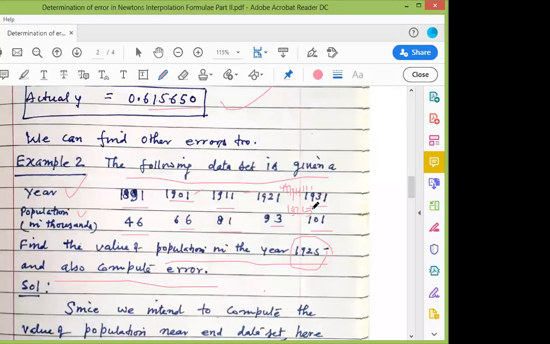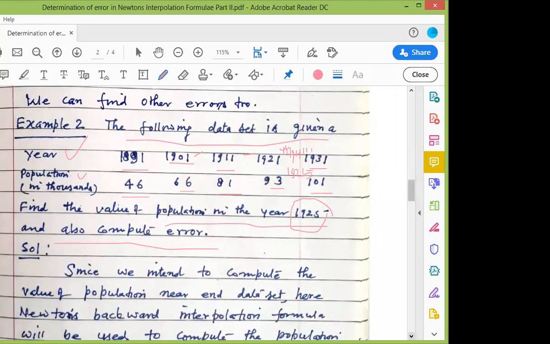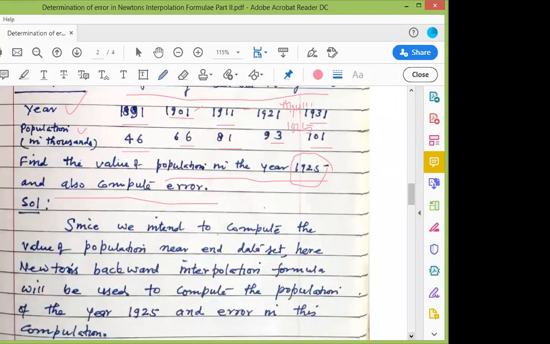Okay, so where does it lie? It lies around the end of the data set or the data table. So if it is near the end, what formula will you look at? We intend to compute the value of population nearing the end of the data set. Here Newton's backward interpolation formula will be used to compute the population of the year 1925 and the error in this